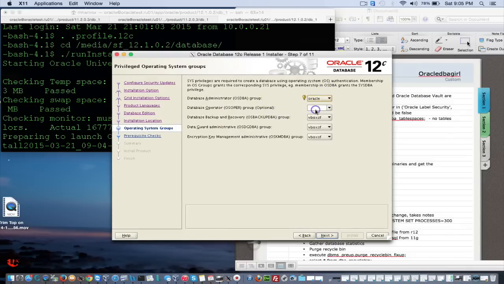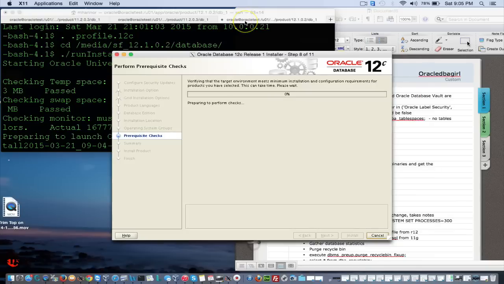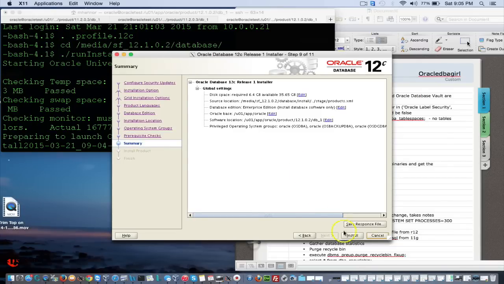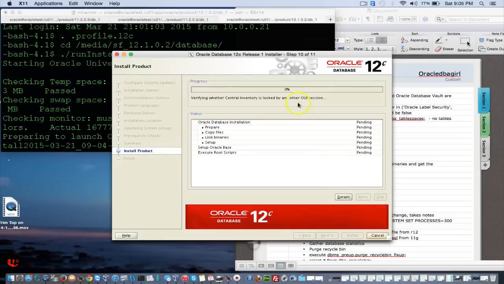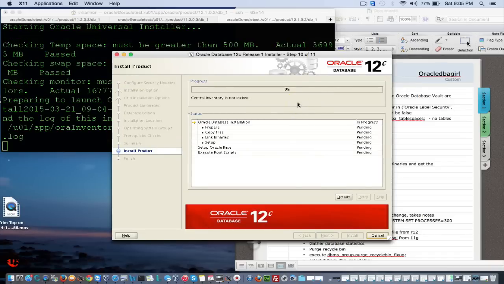Okay, so we're going to do Oracle here. For all the groups, I'm going to leave it for Oracle. Okay, so it's doing a prereq check. This is fairly fast. Okay, so here's the summary. I'm going to go ahead and hit install. So you all know that this can take a while. So I'm just going to pause the video and I will be back and we will continue with